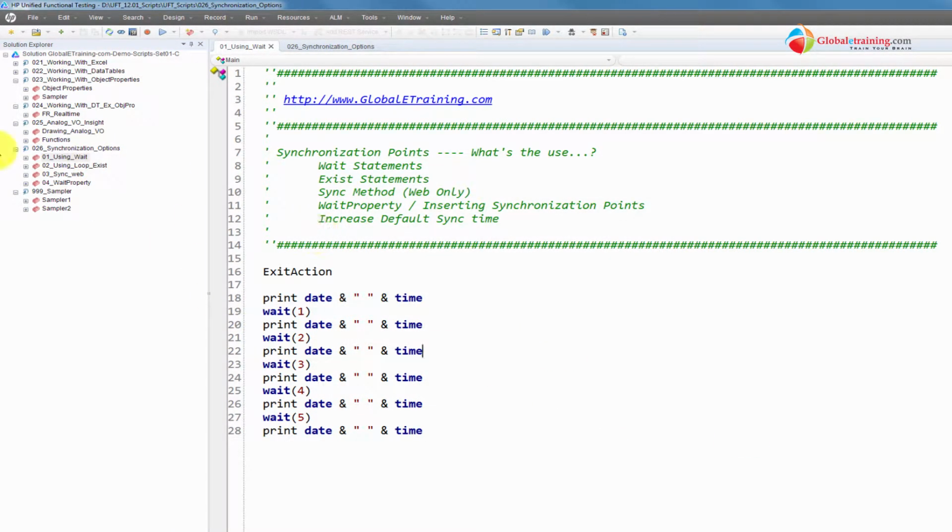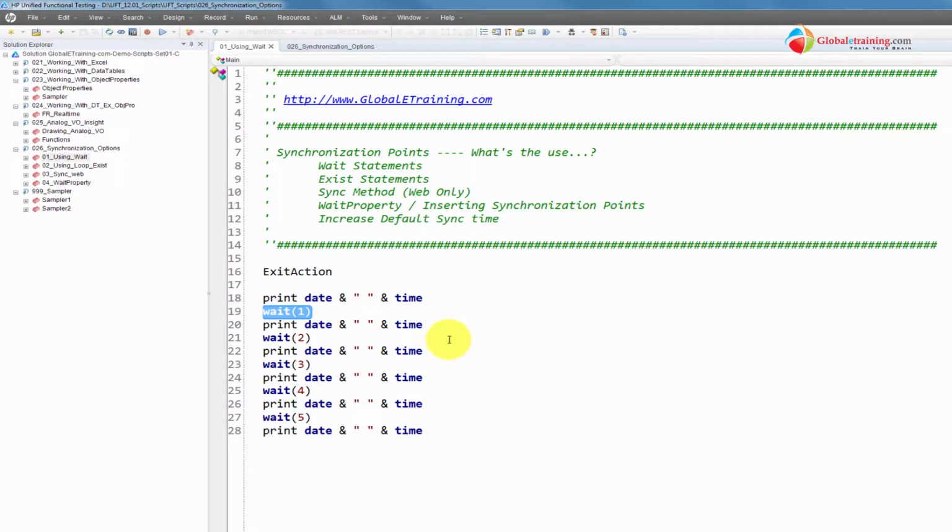So sometimes that 20 seconds might not work for you. You might want to bring it down or take it up, or you might want to control it. Maybe you don't want to increase the default time to more than 20 seconds, but there might be a situation where on a specific spot you want to wait for more than 1 minute or 2 minutes. If you bump into that situation, the easiest way is to add a wait statement right before the line that you want